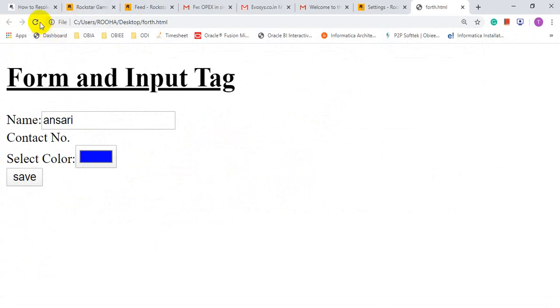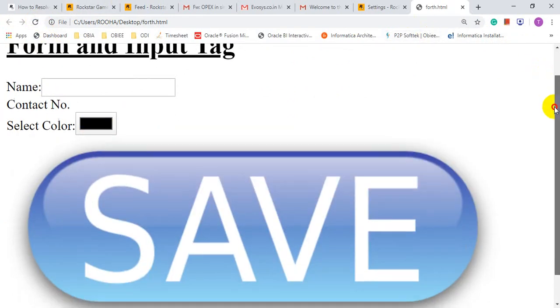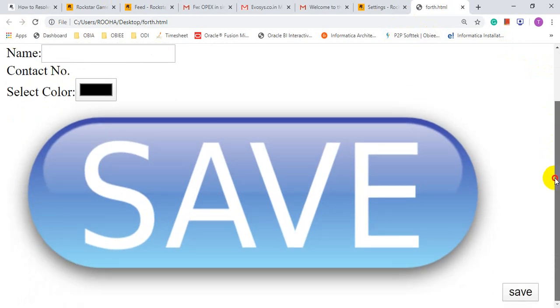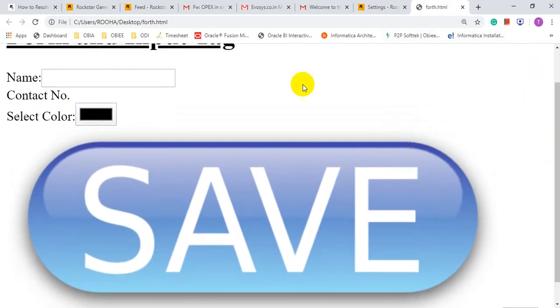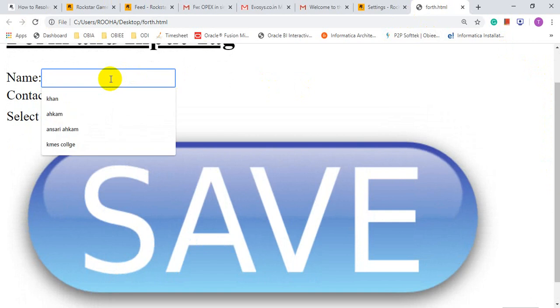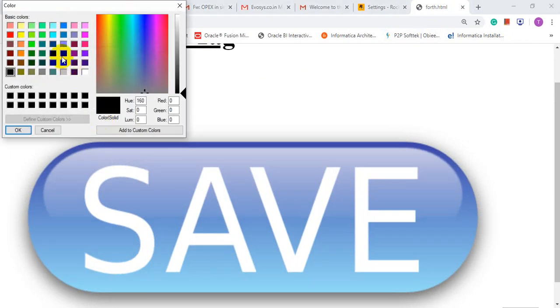Flip back to your browser and just refresh this. Right now we have inserted one image, that is input type equal to image. When you insert anything, say I am going to insert ABCD and choose one color, any color, click OK.